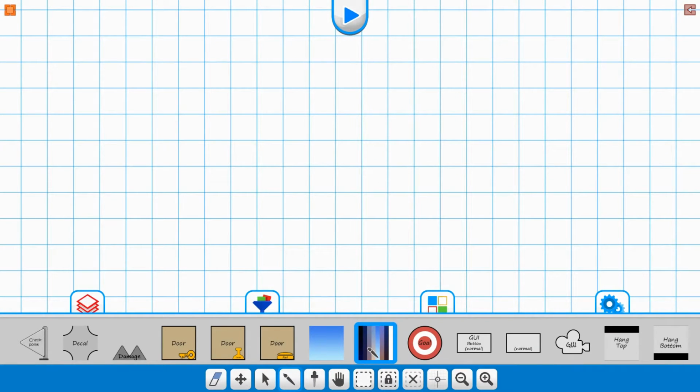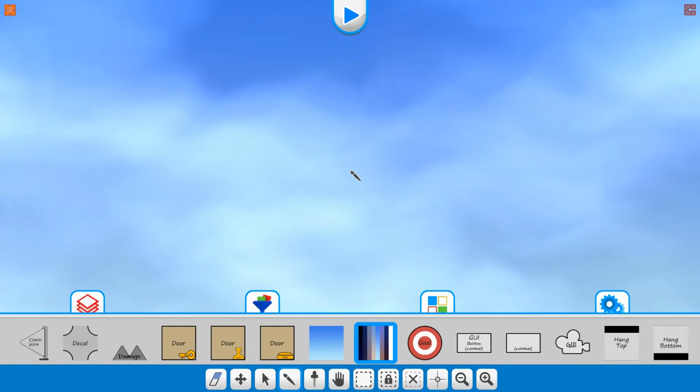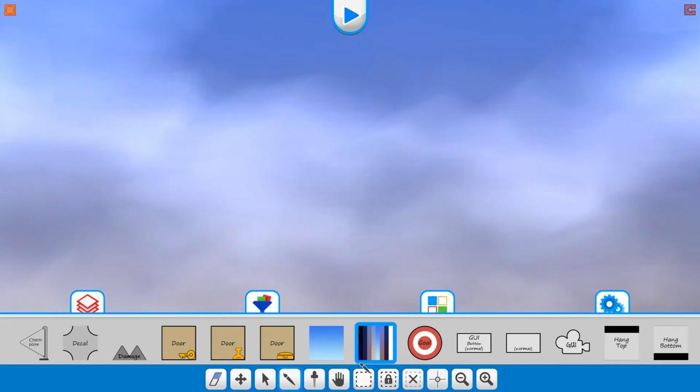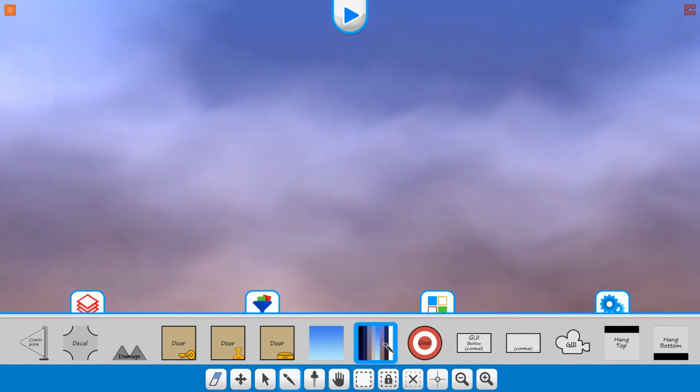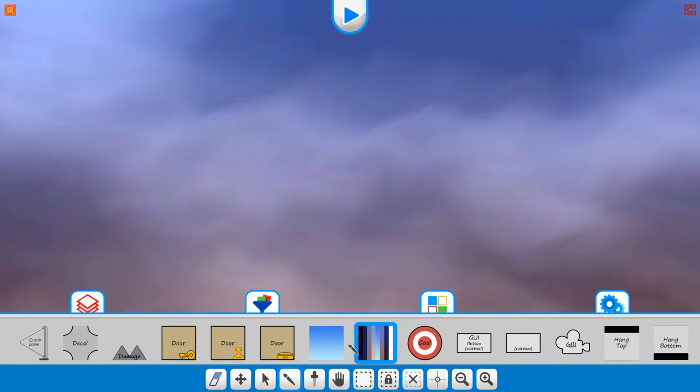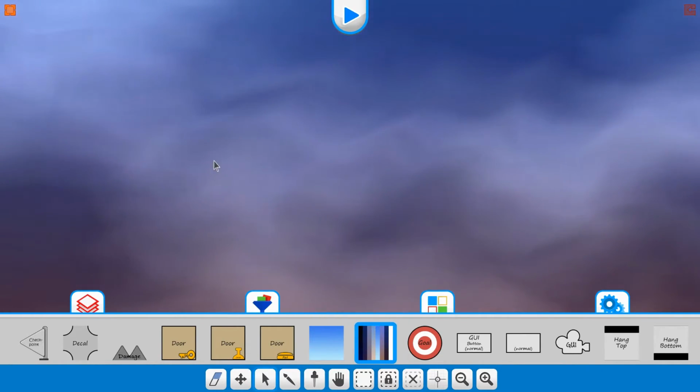Let's go ahead and take a look at the other sky, dynamic sky here. Click to make it go in the scene. Because it's actually transitioning between the different color tones right here, it's creating a day-night cycle. If we go to the properties for it,